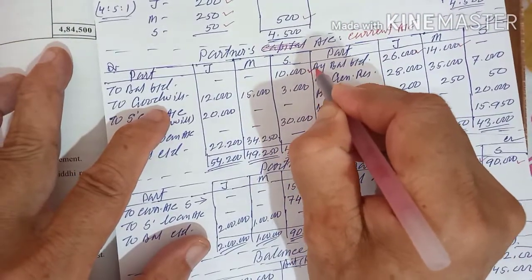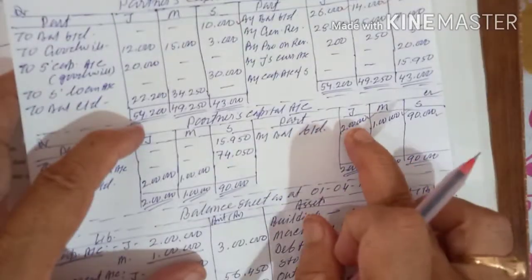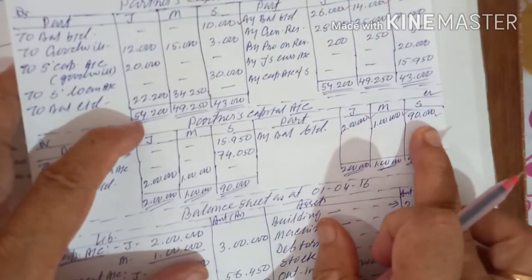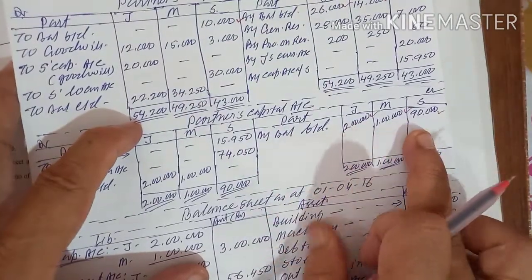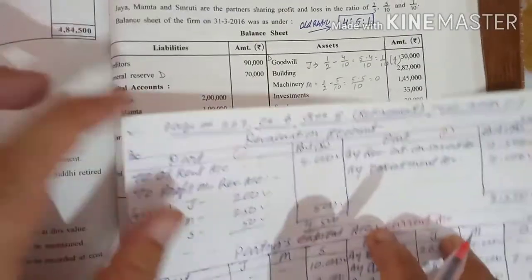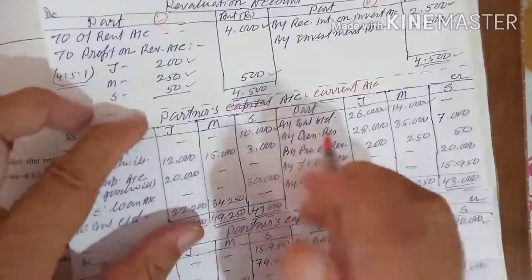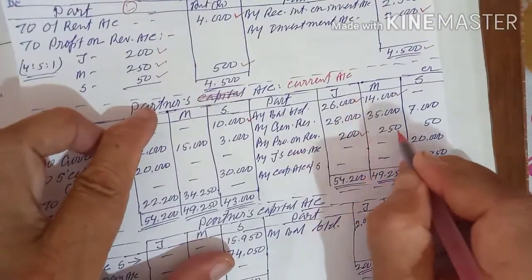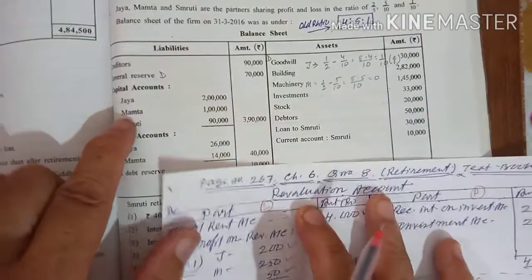This is the balance you write first. So 1, 2, 3, and this is 1, 2, 3. The six balances you have written here. 2 credit, 1 debit, and here all 3 credit. Next, what will we do? Next, you don't go immediately to the balance sheet. You will transfer this balance, 200, 250 and 50. This is profit. So 200, 250 and 50, that balance you will transfer. Then you go to the balance sheet.